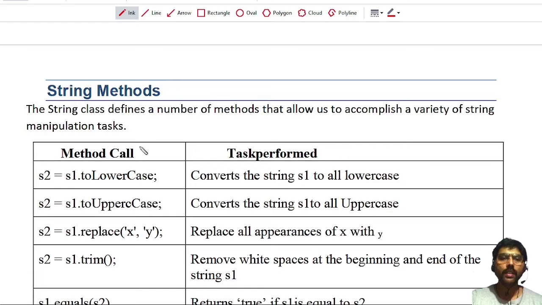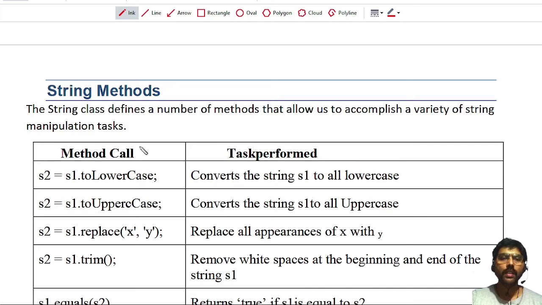The next method is trim. Trim removes white spaces at the beginning and end of the string s1. If s1 contains white spaces at the beginning as well as the end, it will remove those white spaces.